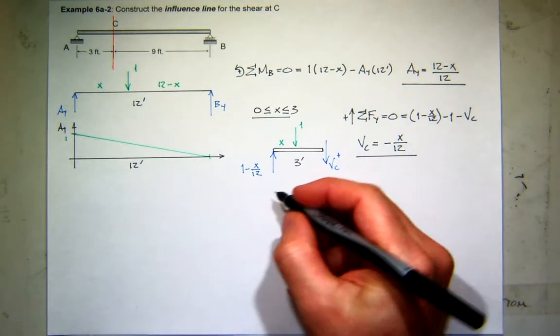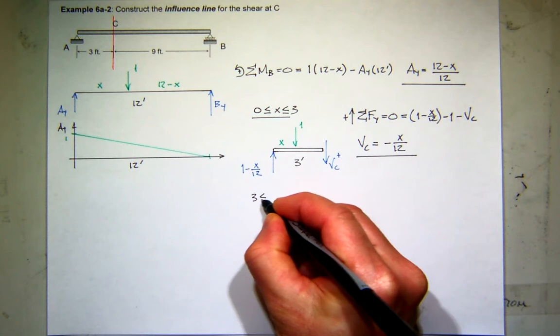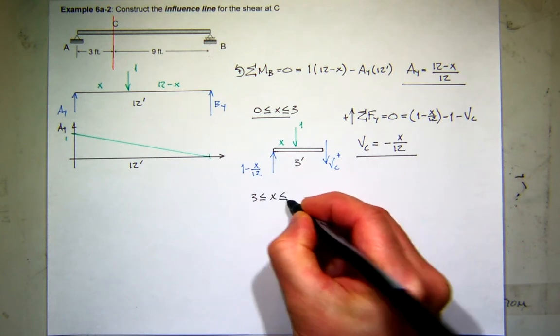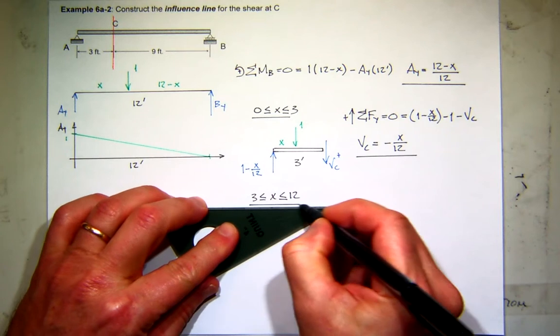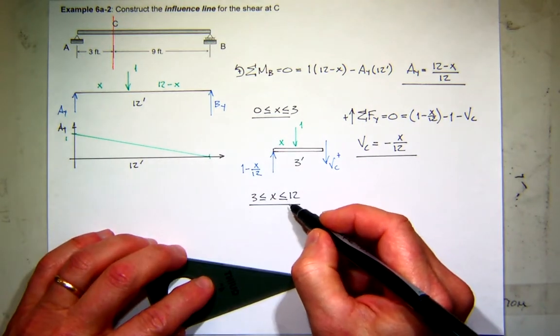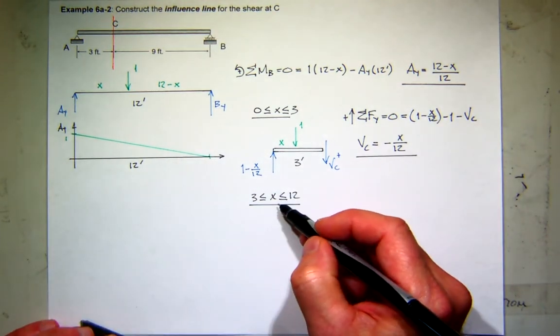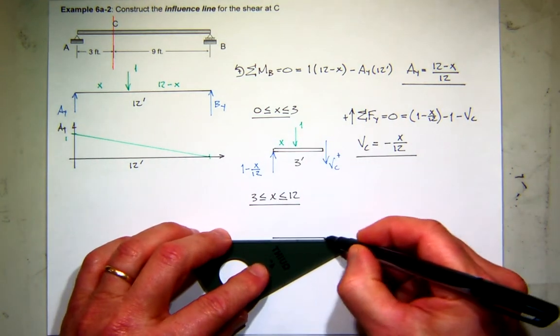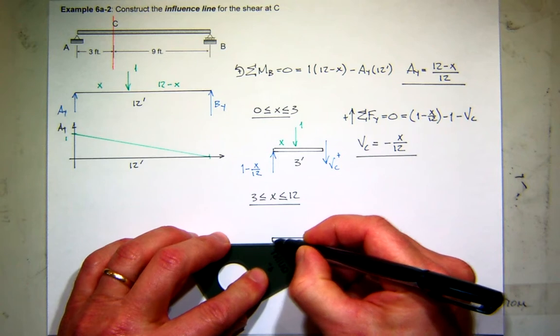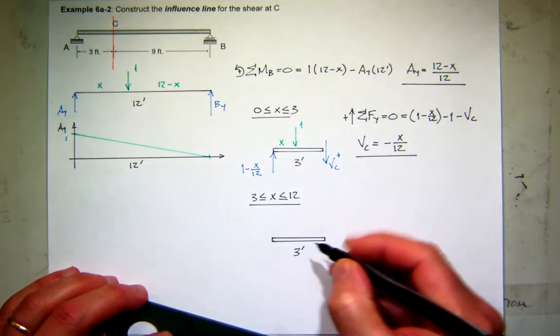All right, so now let's do the part from 3 to 12. Now remember, unlike our previous study where this would tell you the range of the cut, this is not. This is the position of the load. We're still using the same free body. That hasn't changed. We decided to use the left side, which is 3 feet long,